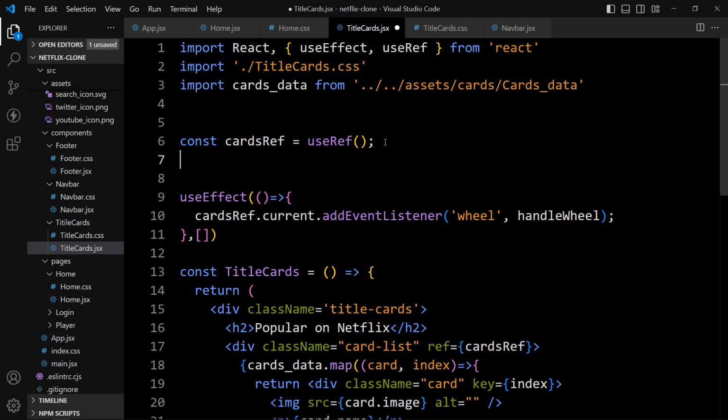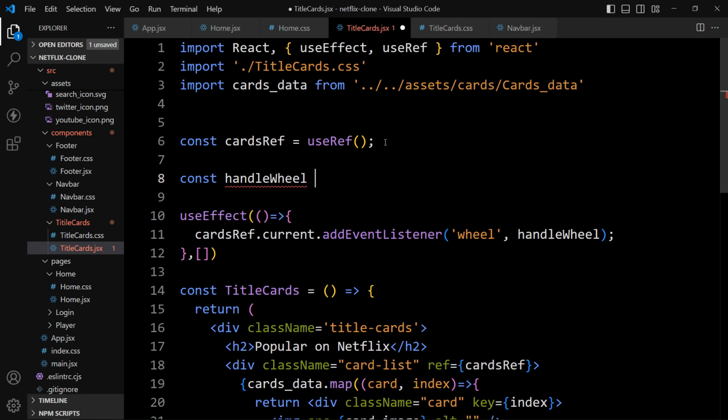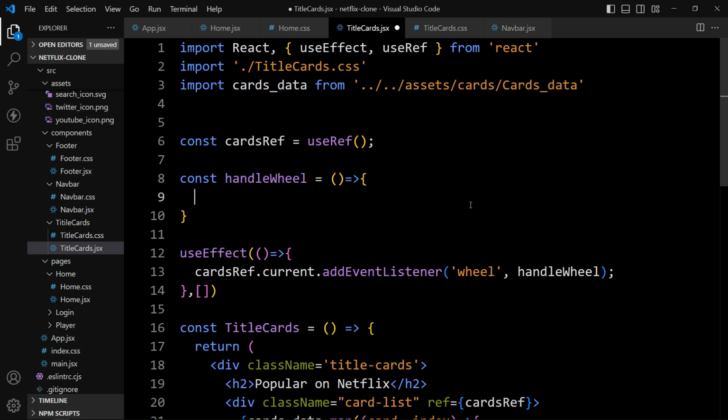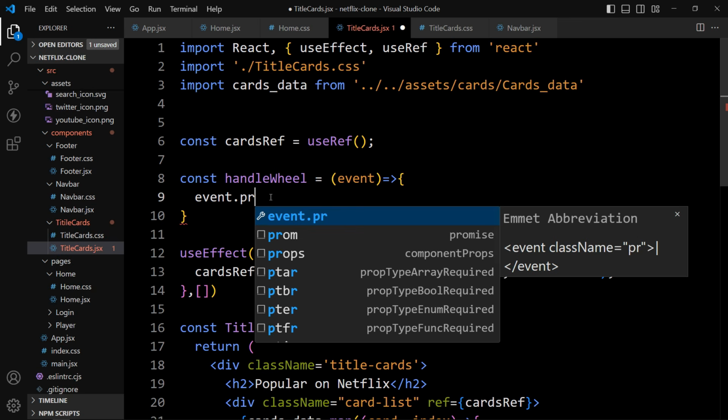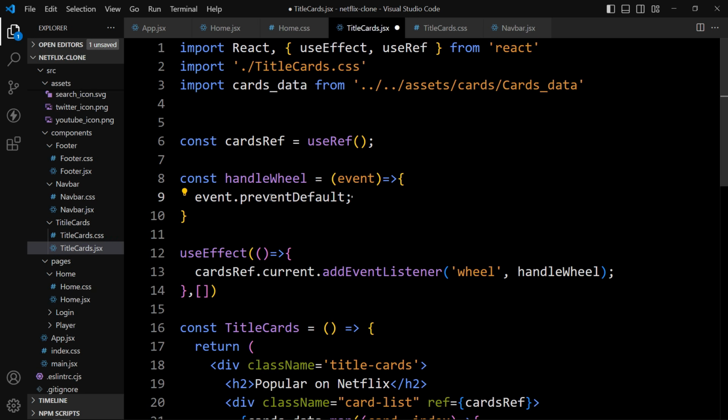So here let's add const handleWheel is equal to one arrow function, and here we will get the event. Now here we will add event.preventDefault. So whenever we rotate the mouse wheel on this card, it will not scroll the web page vertically.